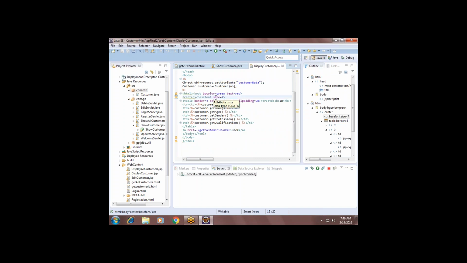Understand? Yes, sir. So these two differences you find today, and in the next session I will explain the complete edit and delete and update all, including display all customers, how we'll do it using JSTL tags.